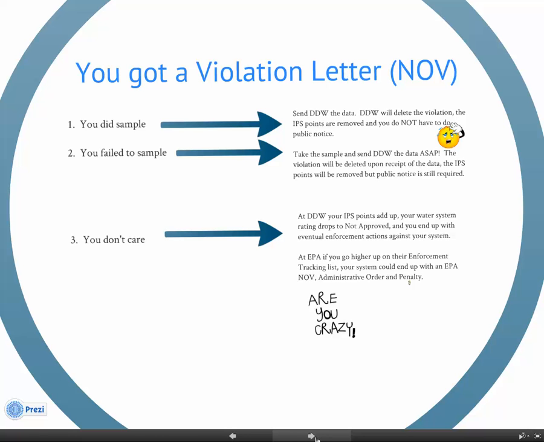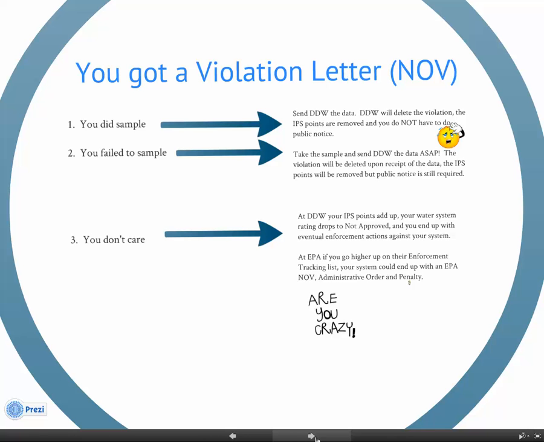And then the last response is that the water system gets the notice of violation in the mail and they just don't care, which is unfortunate because you've got to want to serve your customers safe drinking water. And the best way to know that you're serving safe drinking water is to not be getting notices of violation. So let's talk about what you can do to fix this once you get a